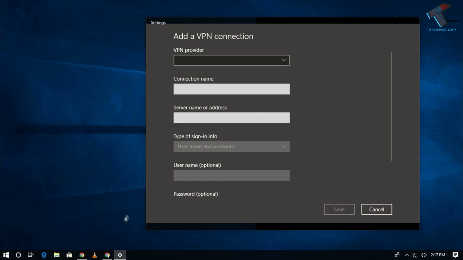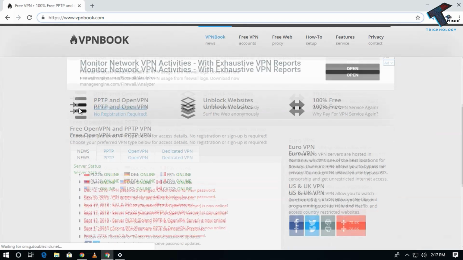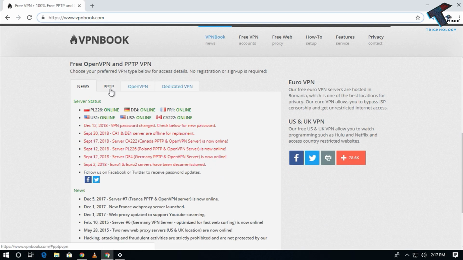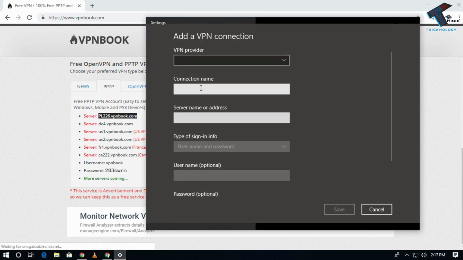Now you have to open your browser and go to this website. It's called vpnbook.com. So after visiting this website, you have to scroll down and click on PPTP. Now you have to copy any server URL from there. So I am going to copy the first URL, and after that I have to put it in the server name or the address over there,